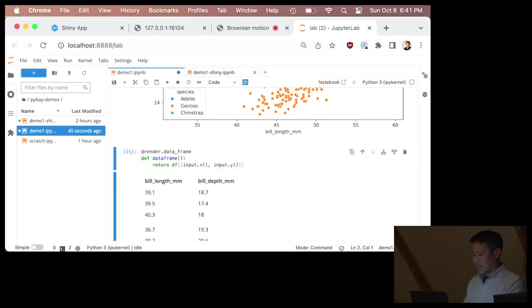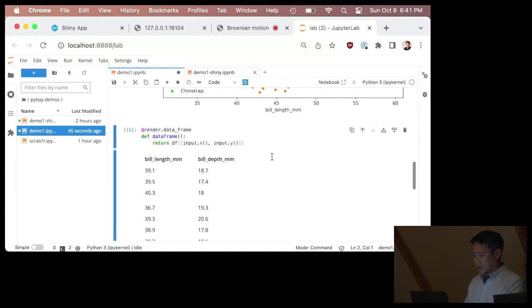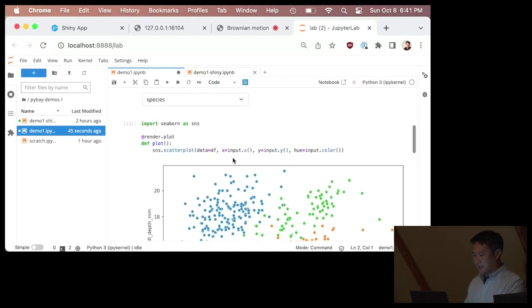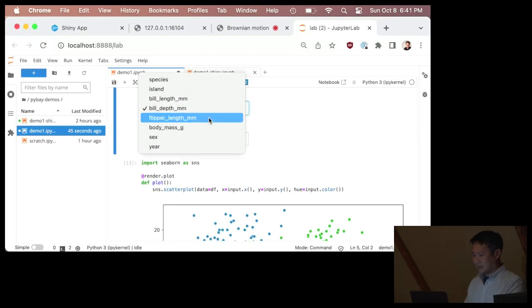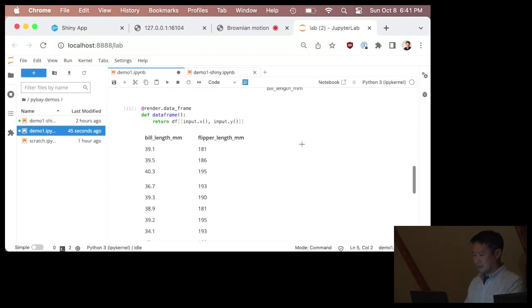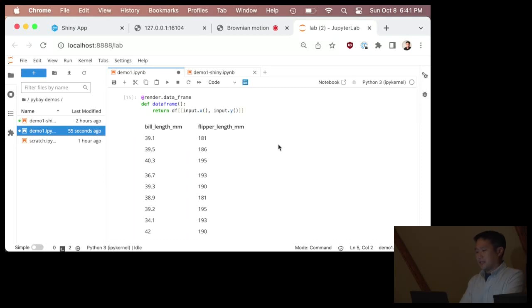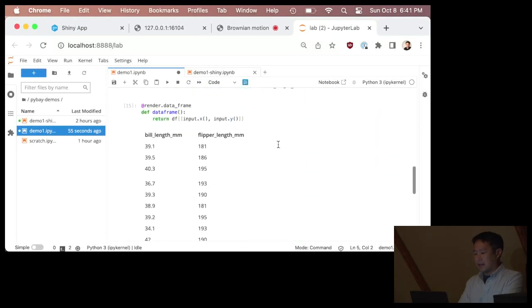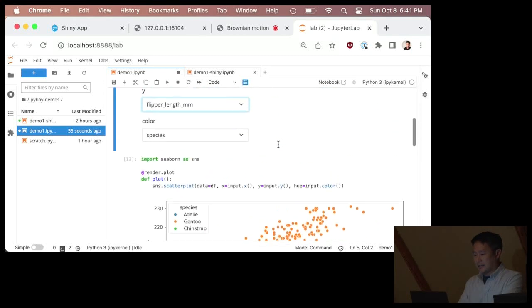So I'm going to make this live as well. So this says bill length and bill depth, but if I change this, this updates. OK, so this bothered me enough on Friday, all this scrolling around, that I added kind of a